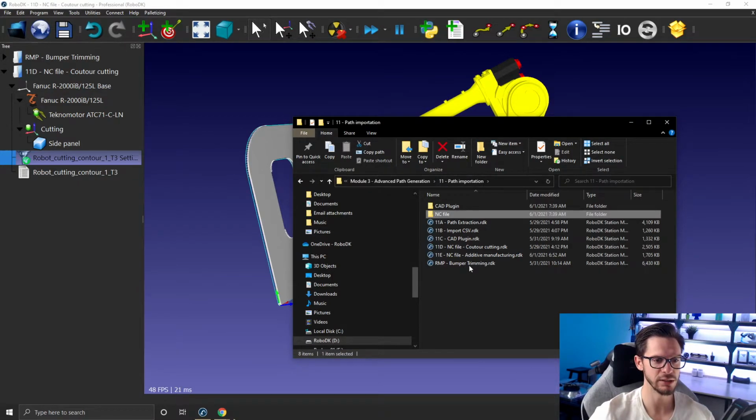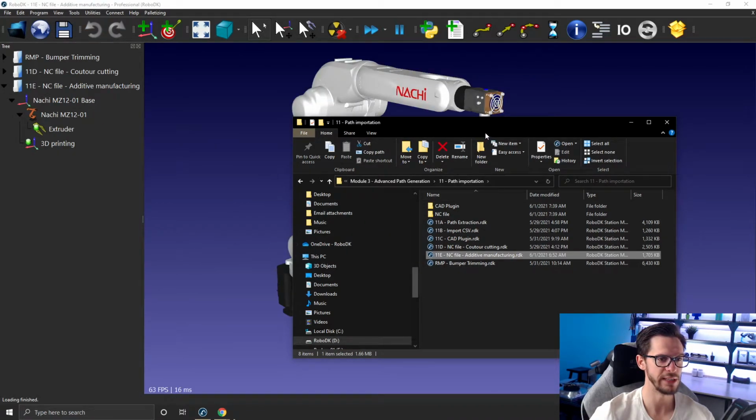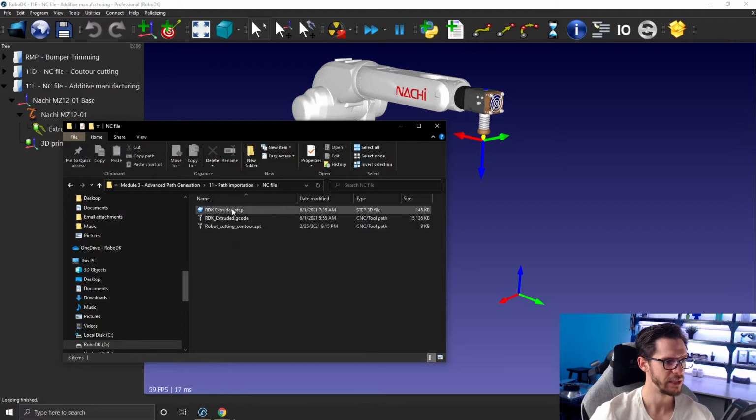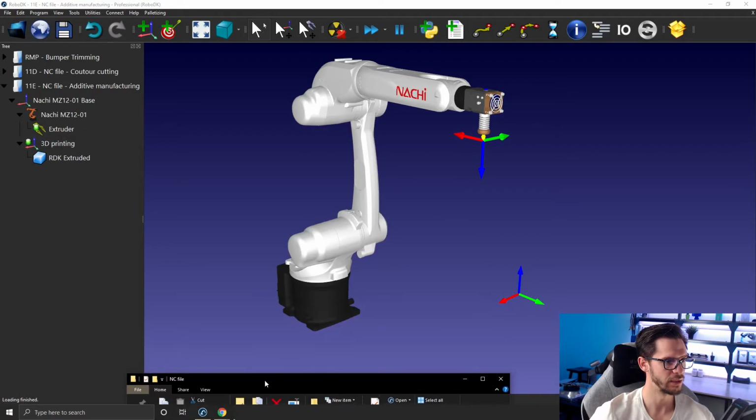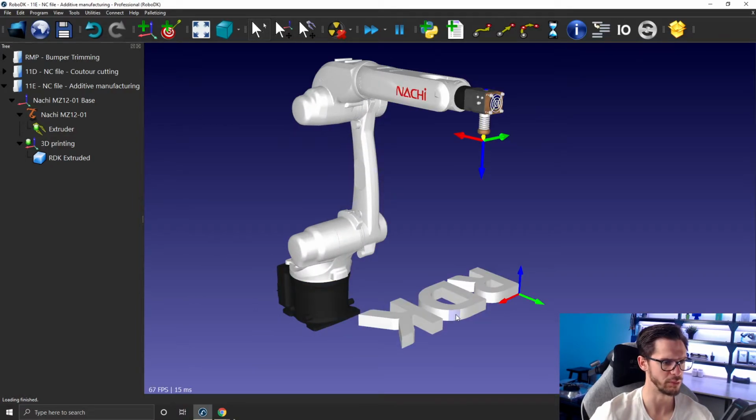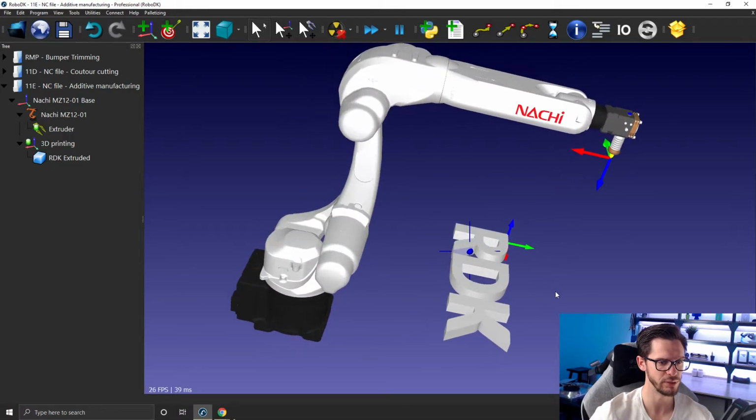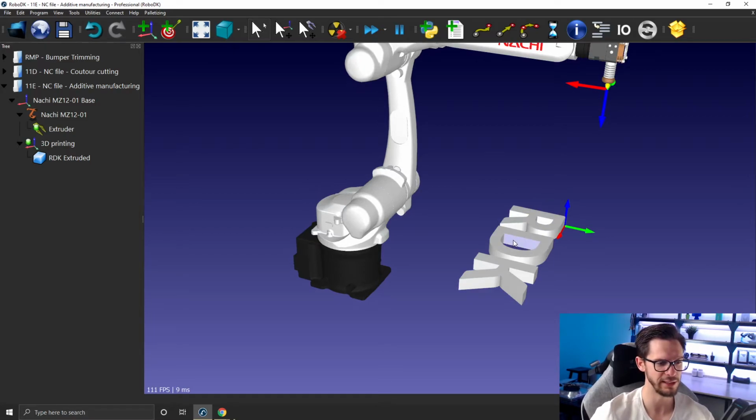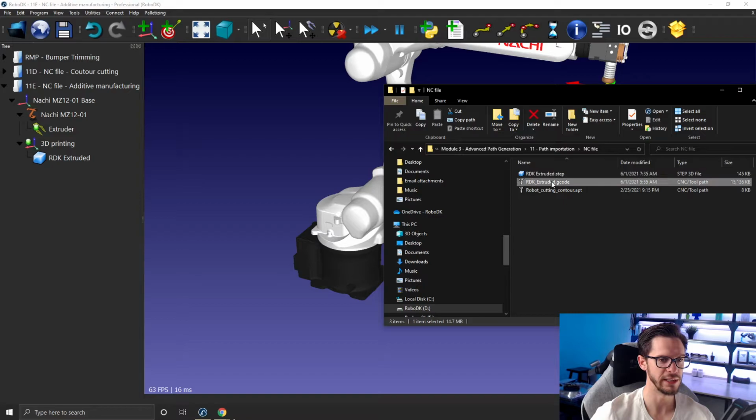I also have another small example here, additive manufacturing. So we have a Nachi robot and an extruder, a simple frame here, and an NC file. I'm gonna drag and drop this extruder here. Okay, I was wondering why it wasn't coming in. It just took a bit of time to get in. So this is just a simple RoboDK logo I have here. And if I bring in the G code here for the 3D printing,